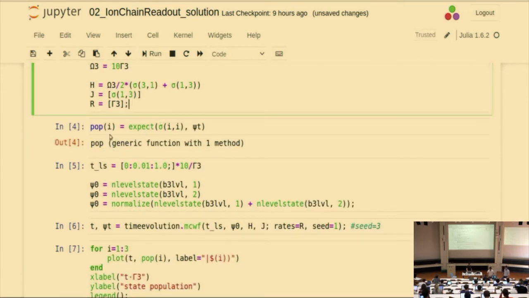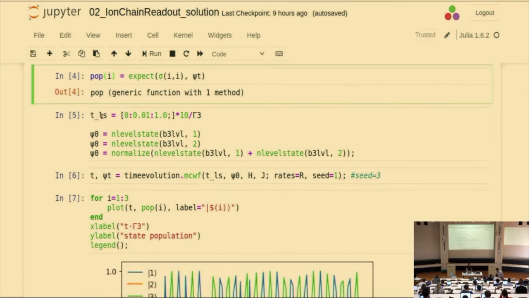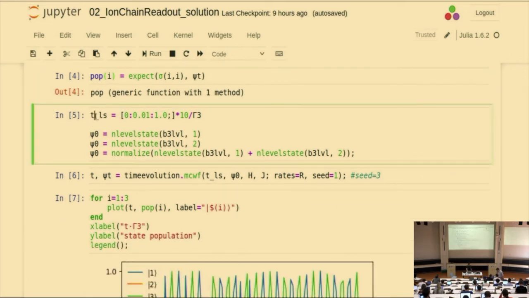I defined here a population function, which gives you the population of a state. If I put 1, then it's the population of state 1. If I put 2, then the population of state 2. And then I defined a list of times and different initial states. I just comment this one out to show you the physics, what's happening. If you start in the ground state, you should obtain